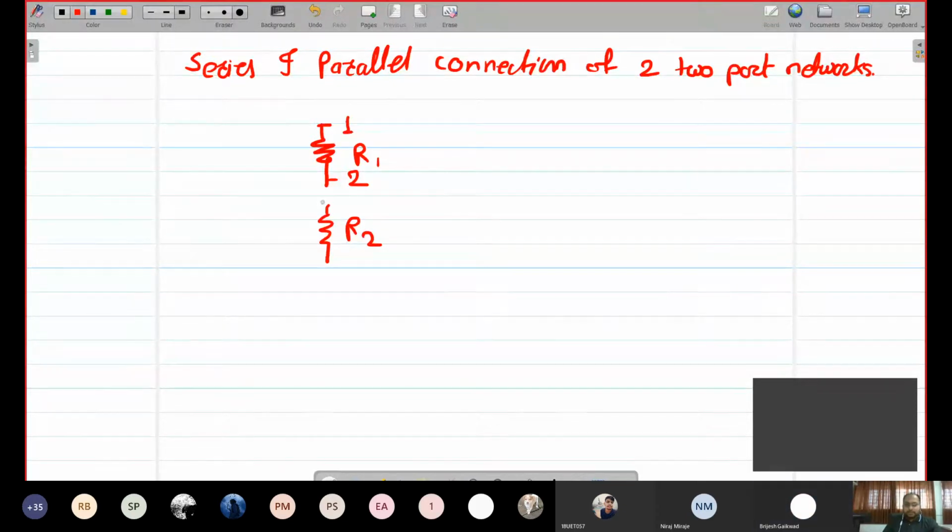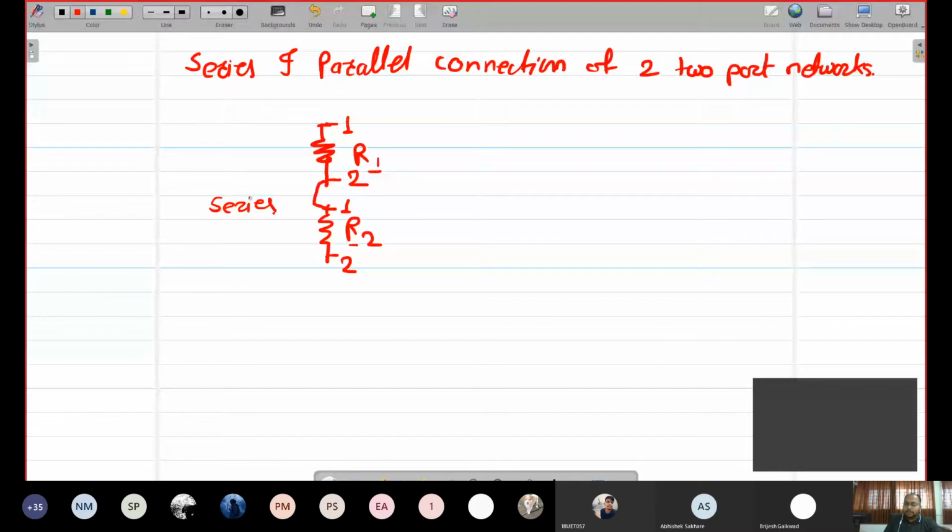This is your R1 resistor and this is R2 resistor. Right now we are doing the series connection of this. There are two terminals to the resistors. Let us mark the first terminal and second terminal of this R1 resistor. Similarly, R2 will have two terminals, again marked 1 and 2. Whenever the second terminal of R1 is connected to the first terminal of R2, or alternate terminals of R1 and R2 are connected to each other, that type of connection is called a series connection. Am I right?